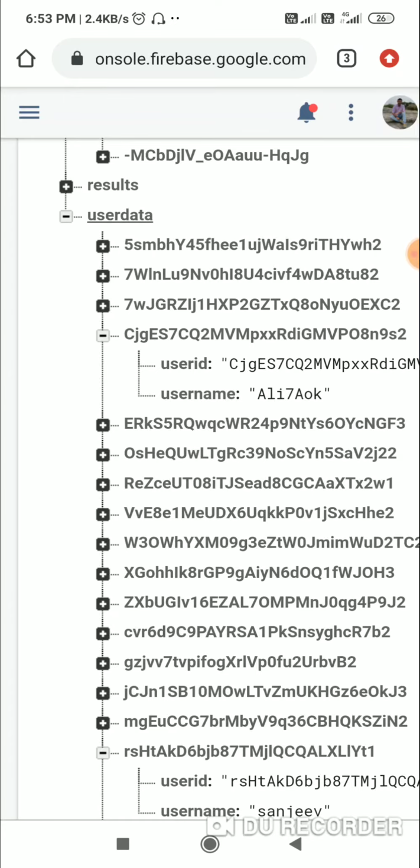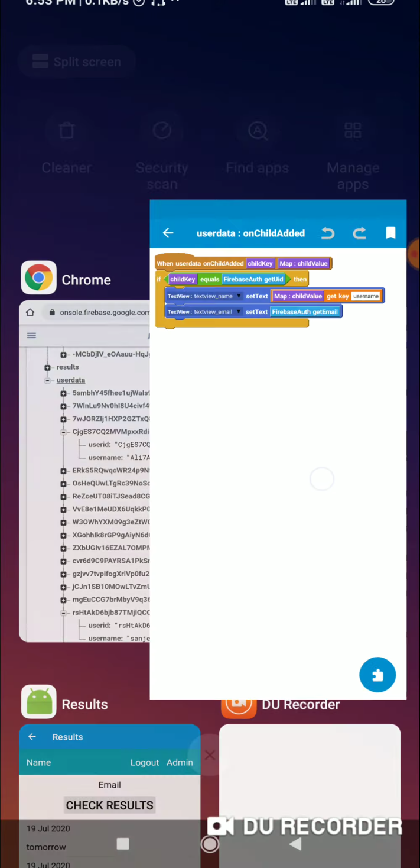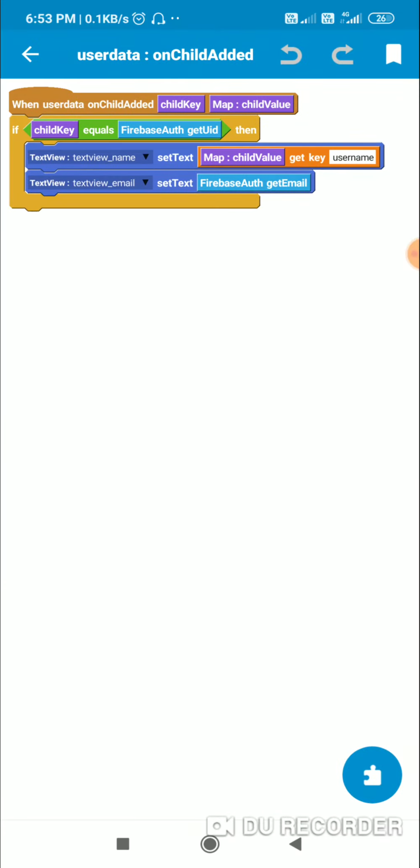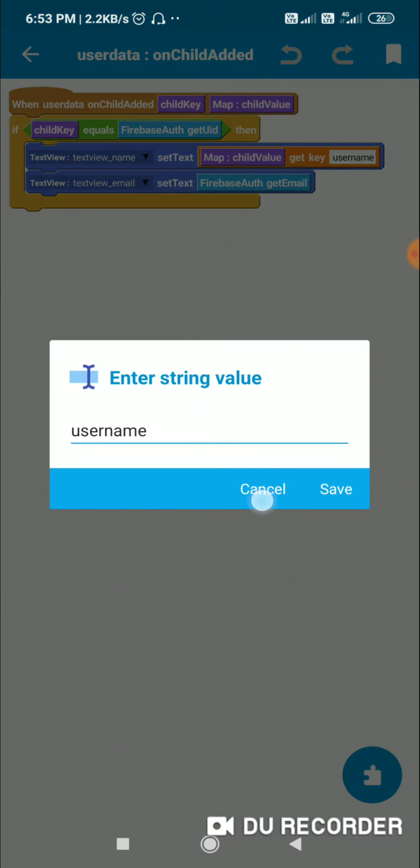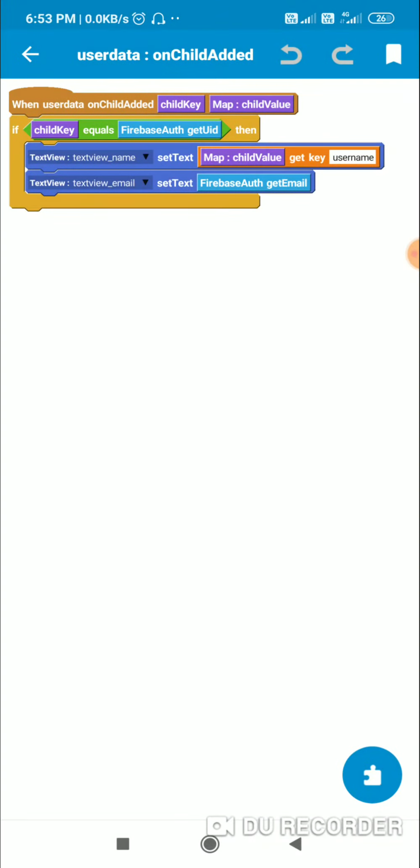So it means it will download the data of all the users, and then here I've used this child key equals Firebase auth get UID, and if it is equal to the UID of the user, then in text view name I display the username of the user. So what mistake I am doing here is I am downloading complete data and displaying data of only one user.